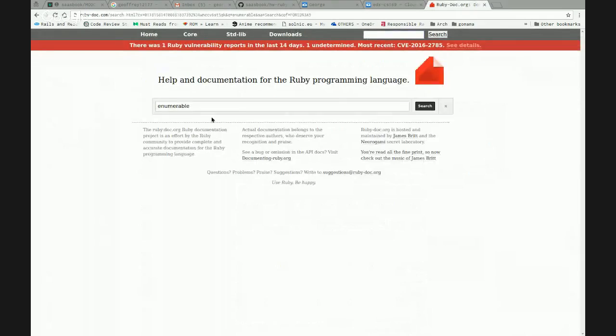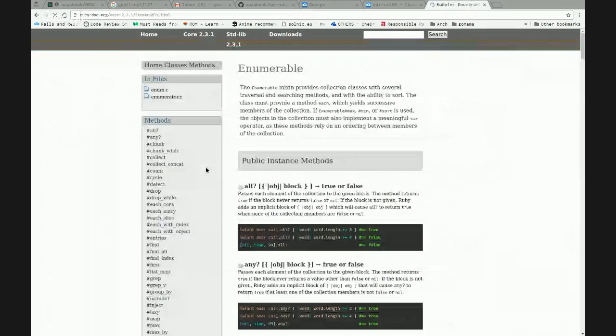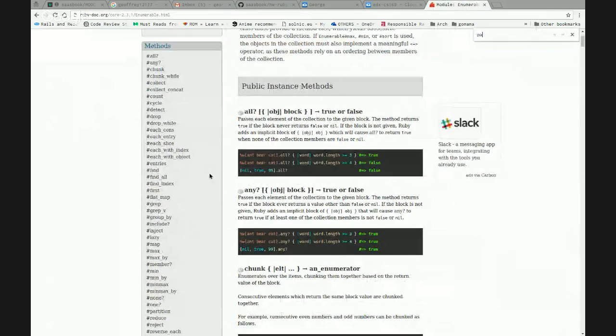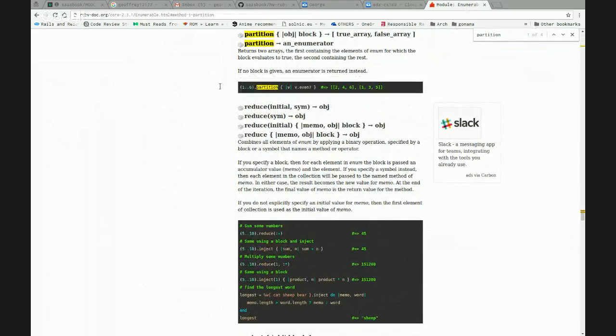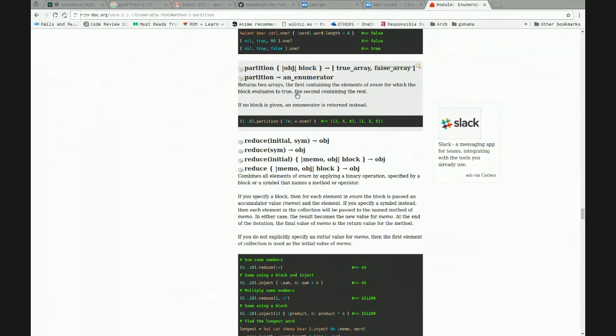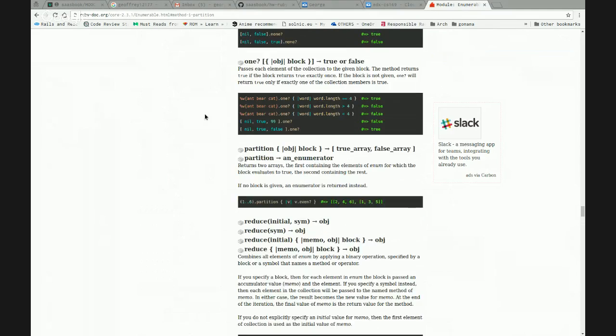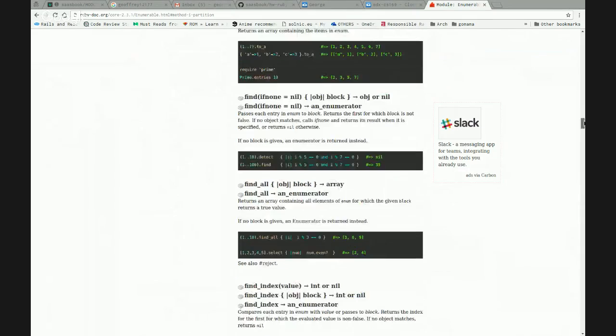Okay, it's not in the array, so it should be in Enumerable. Enumerable partition. No, it's another method.